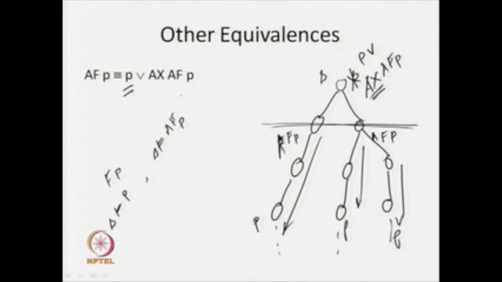So, similar notion will go for EF P also. In this particular EF P, what will happen? Instead of A, we are going to have E. So, instead of looking for all paths, we are going to look for one particular path only. So, this is the way that we are expressing. This is another equivalence with respect to the future operator. Now, look for the other one, the until operator, A P until Q. Again we are saying that A P until Q is equivalent to Q or P and AX A P until Q. Again we just see that particular.